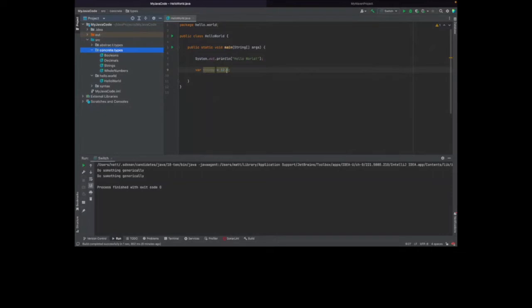There are some standard concrete types available in Java. There are Booleans. There are primitive Booleans where you can say, I'm going to define a Boolean, this is my variable name, and it's going to be set to true. Or you can define an object Boolean, which is Boolean with a big B, and set that to true.